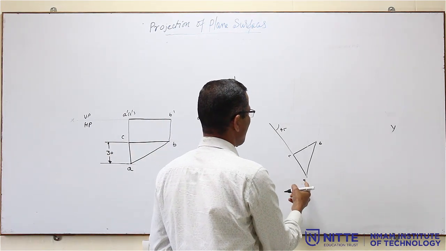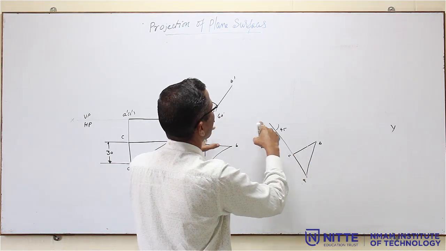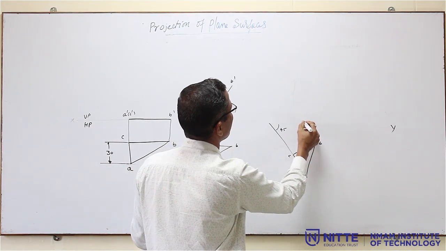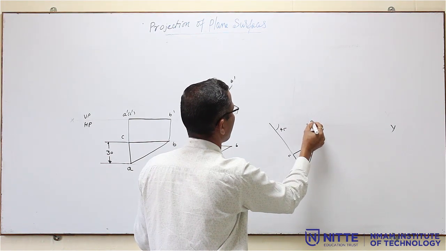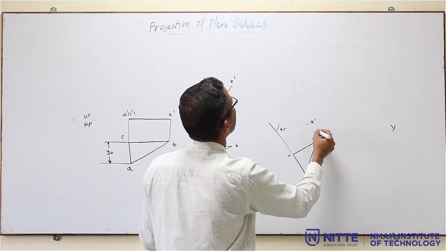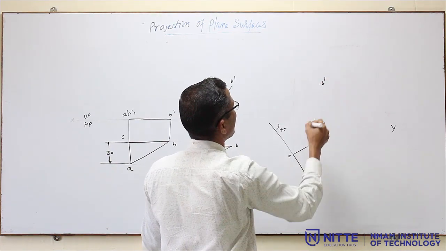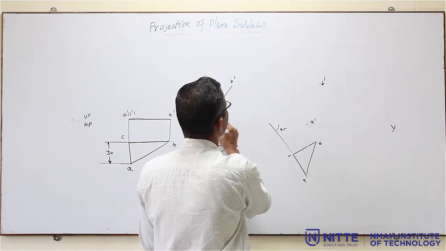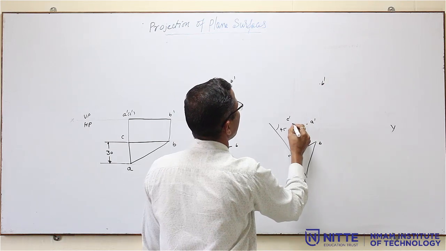Then mark the points one by one, start from A. A is on this line and A dash is on the XY line. So, this becomes A dash and B, B dash. So, it is here. So, this becomes B dash and C dash, this is C dash. So, join